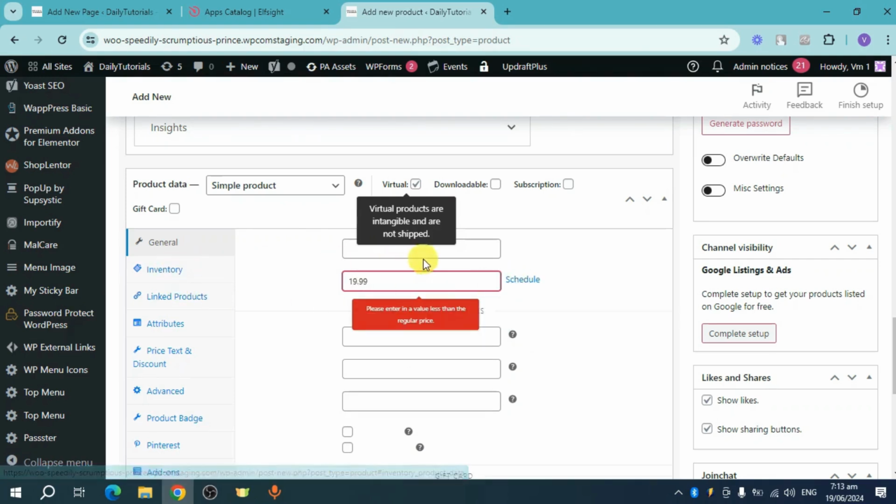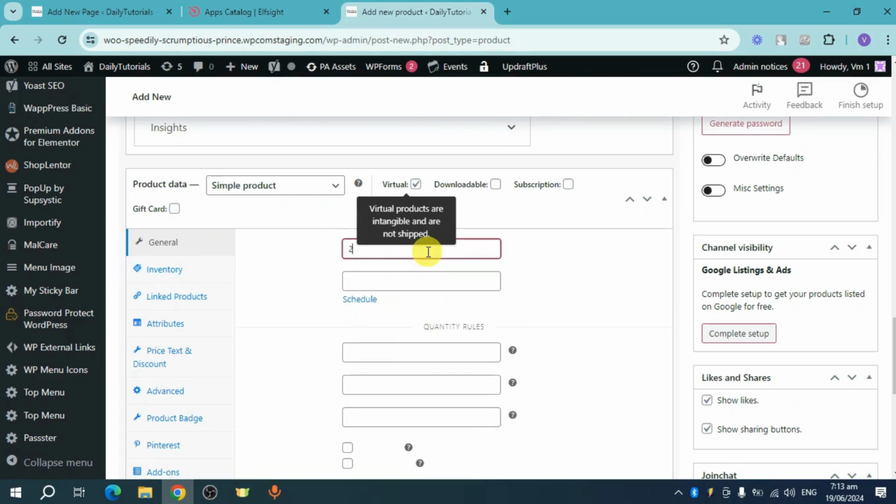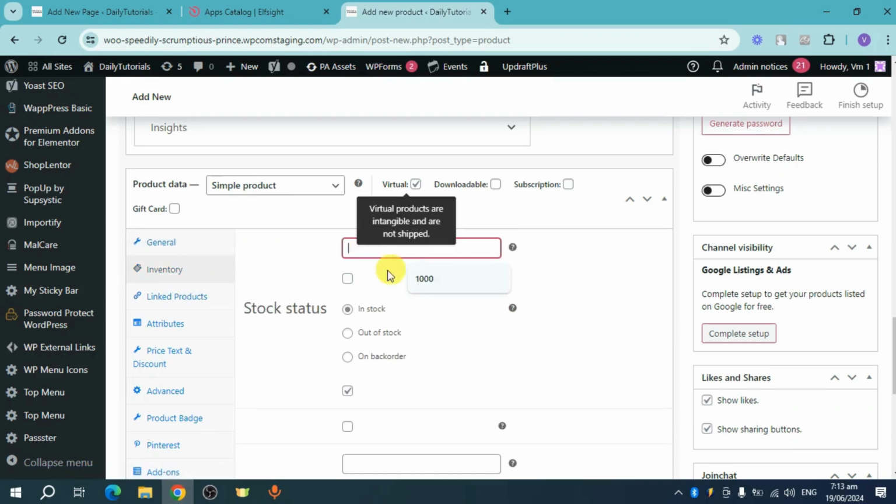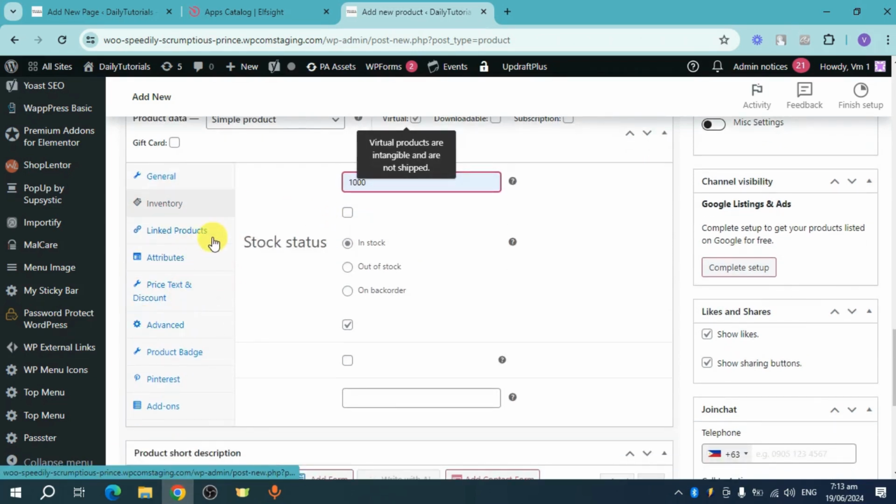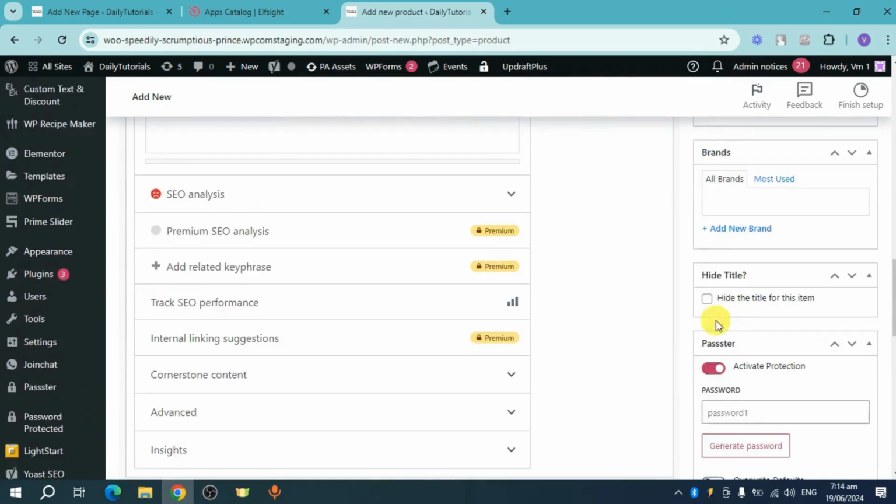And then from in there, you can also put in here something that will discount it as well. Now from in here, you can add inventory. So this is actually a virtual product, so it will not run out. Now you can also add or link products, attributes, product badge, and all of that. So let's scroll up,